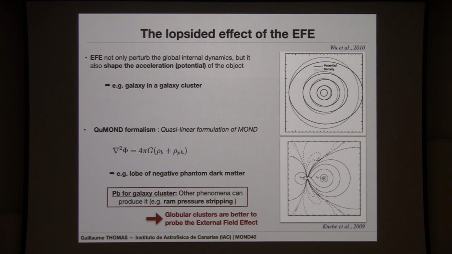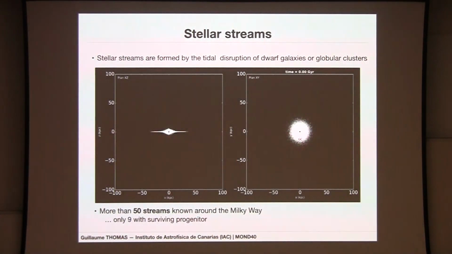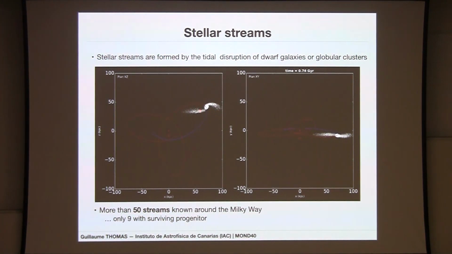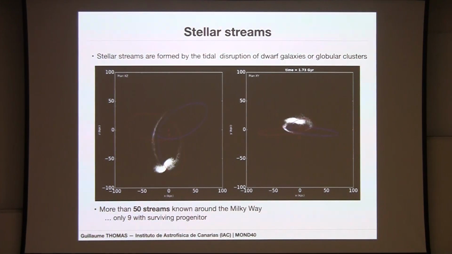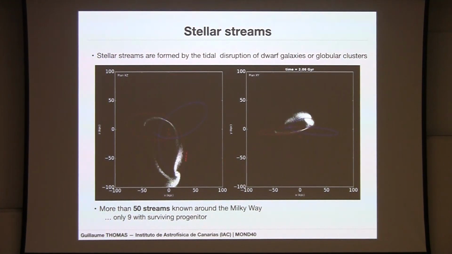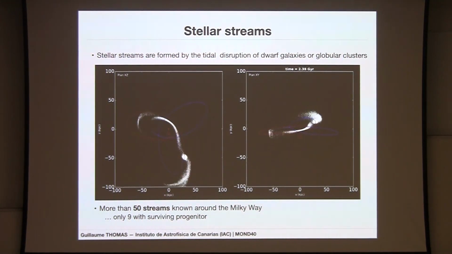I think if we really want to see if we can break the strong equivalence principle, we should look at the morphology and see if indeed a globular cluster is lopsided, in other words has the shape of an egg. However, globular clusters suffer from other things: they can be destroyed by tides and form stellar streams. Stellar streams are formed by the disruption of a globular cluster or dwarf galaxies around a galaxy like the Milky Way. The particles leave the Lagrange point and create really long extended stellar streams, as you can see here.